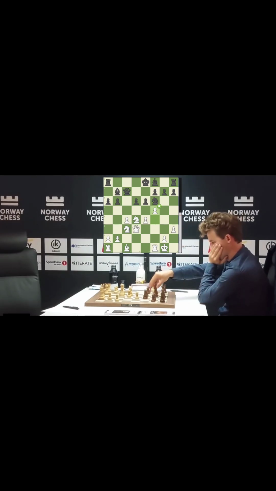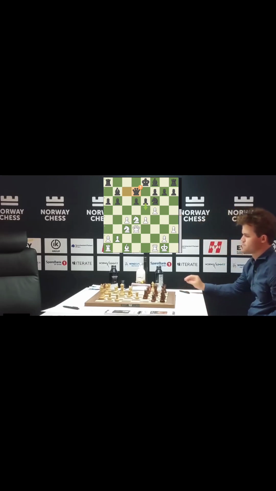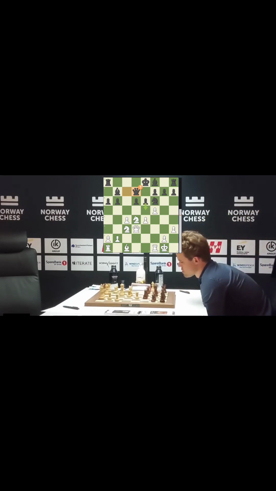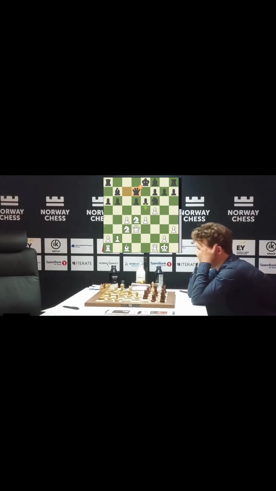This ideal setup. But Magnus blunders. Well, you can say blunder is a little too strong, but it's definitely an inaccuracy. He goes queen d7. And you will understand why. Magnus wanted to keep his pawns here so that all the squares are controlled. However, the problem with this is that now